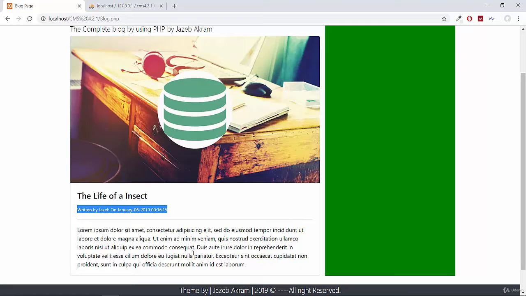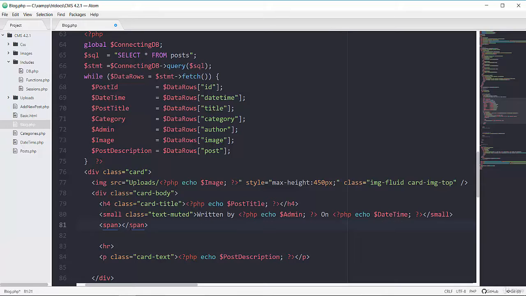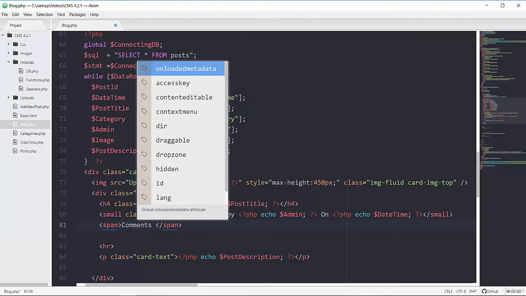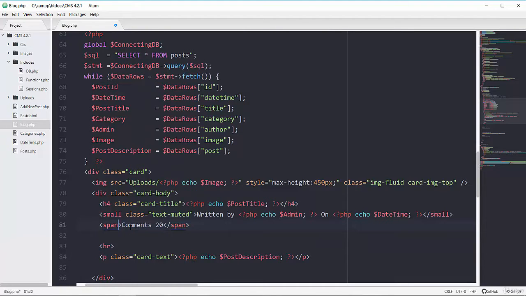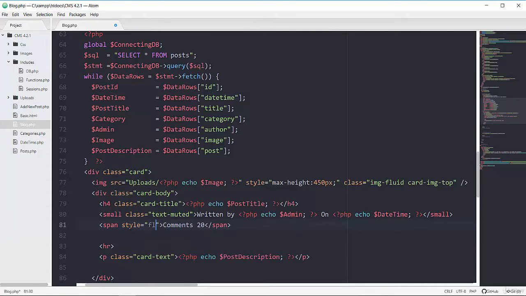So I will add the badge right at this side for the comments, as we have not covered our comment section inside this course. So for now I will just add the comments text that we will fill later inside this course. So right after this small tag, I'm gonna add the span tag that has the text of comments 20, and let's make it float at the right position. So adding the style float right,